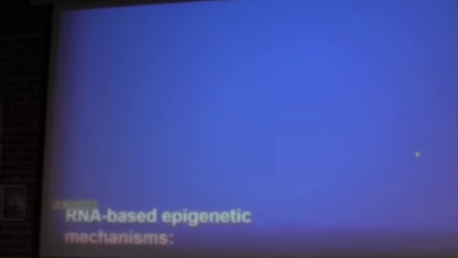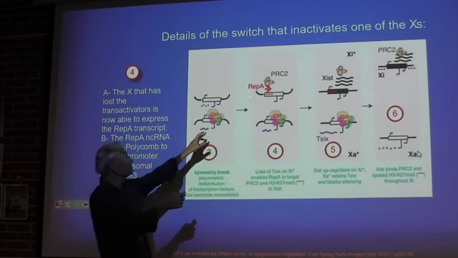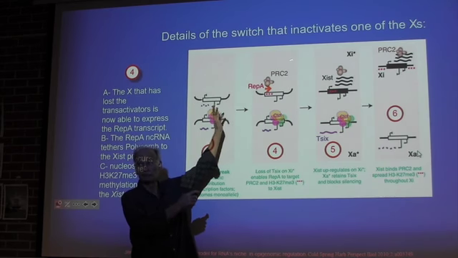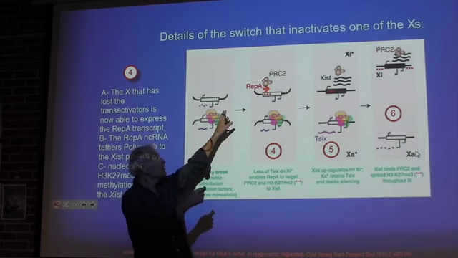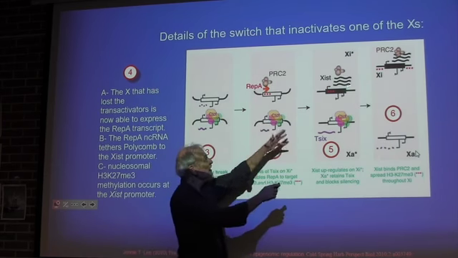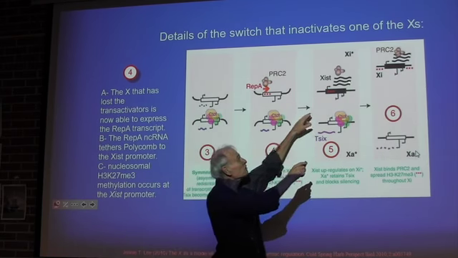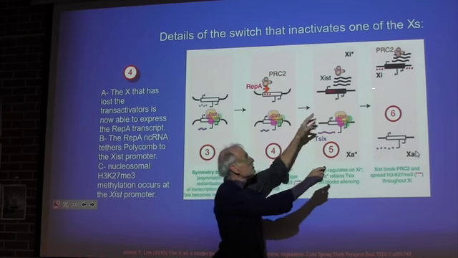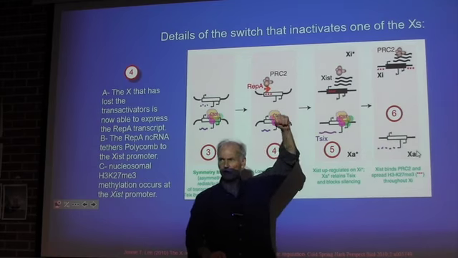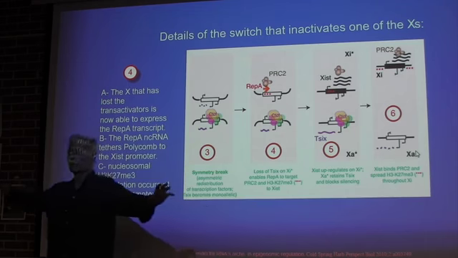How does the PRC2 bind if it's in heterochromatin? Well, it binds to nucleosomes, so it binds and then spreads. It's populating the area around the promoter of Xist first. And then as Xist starts making transcripts, these things float off. They stick nearby because this is a very long transcript, so it just flops around and binds other places. And once it binds, the thing can kind of migrate as one gets off and the other one gets on. It can kind of walk along in different directions and it ends up just crawling over the entire X chromosome